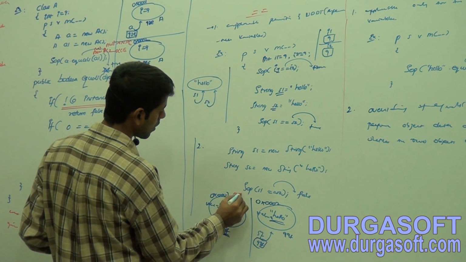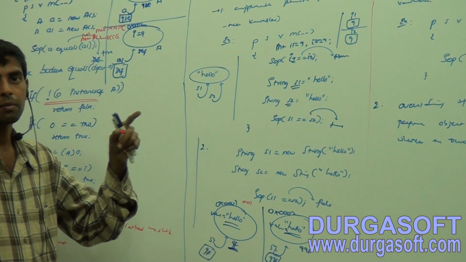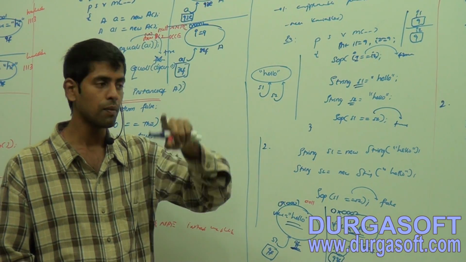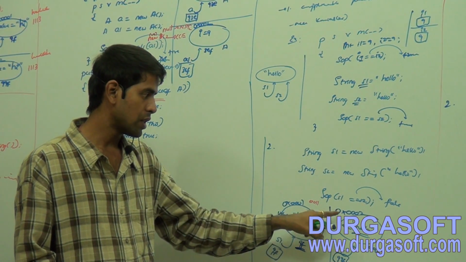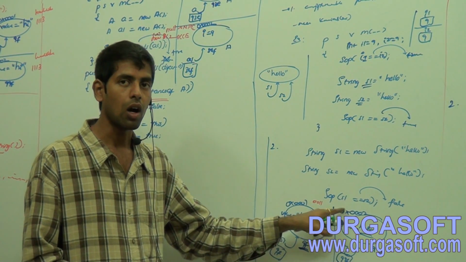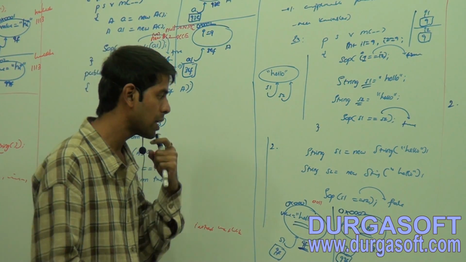Let the hash code be 0011. The hash code will be generated by the Object class hash code method. And this object address's approximate integer value will be the hash code. Let it be